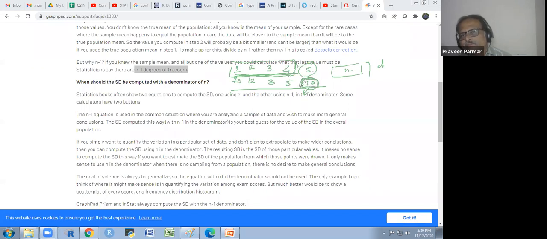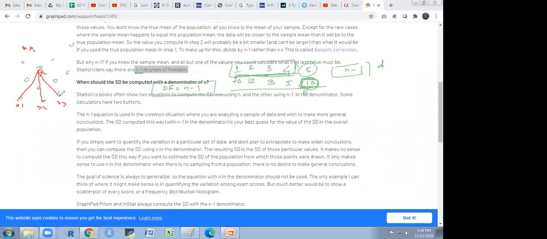Okay, you don't have any choice here. So that is called the degree of freedom. Degree of freedom is always, for a single sample, n minus 1. So that concept they are using here. But if I talk about this, these are our data points, and we have a mean here, suppose, and this is my x1, x2, x3 and xn, and I get the deviation of each data point from the mean. Got it? Yes, sir.